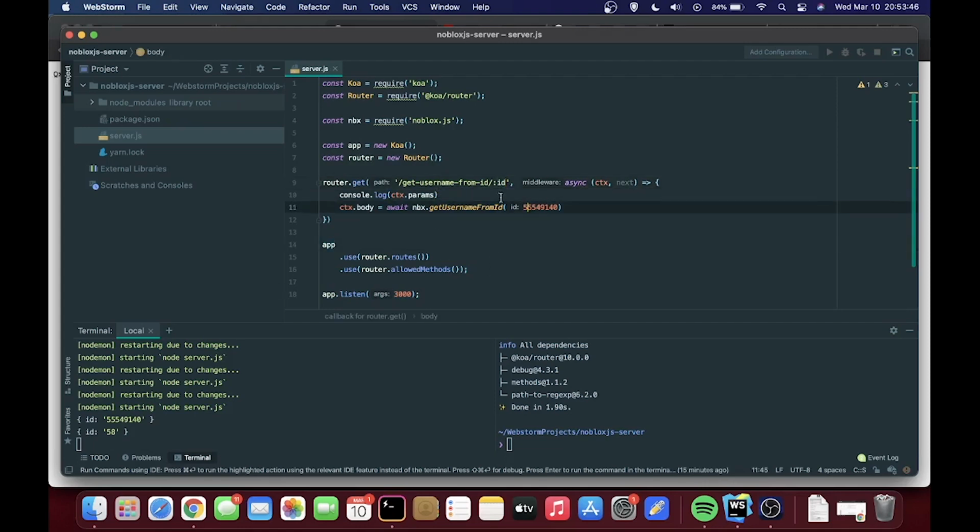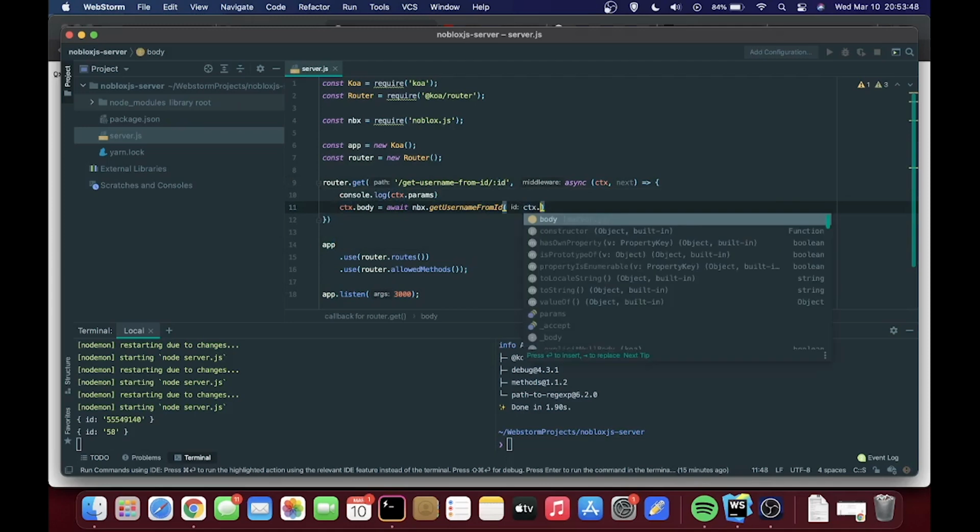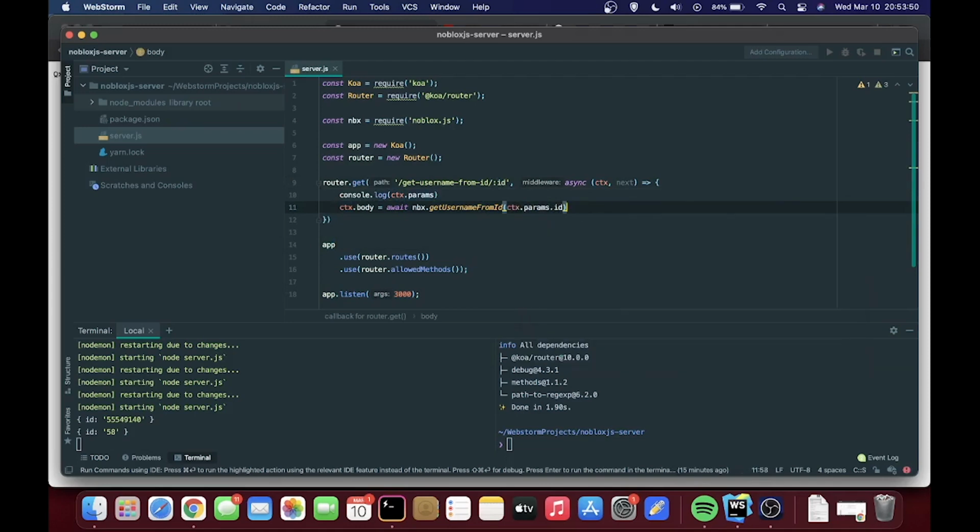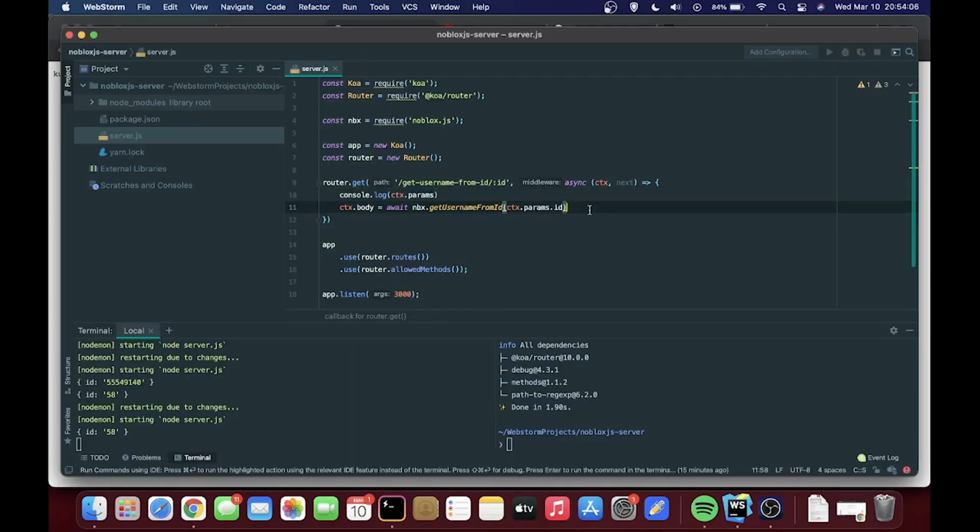And now I'm going to go ahead and pass ctx params.id into my get username from ID function. Let's save it. Starting, and it's restarted. Go ahead, refresh. Curse. Okay. And that got the job done. This is what I wanted. Now there is a small caveat. If you're dealing with other methods like promote, it's not really going to let you take in a string value here. So this 58 right here, even though it's a number, it's actually a string.